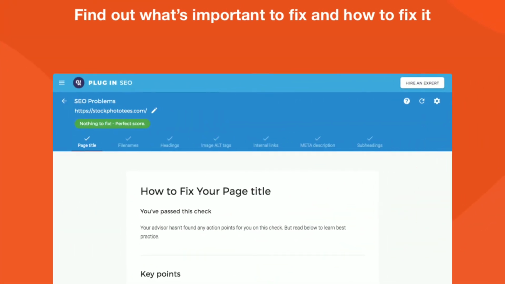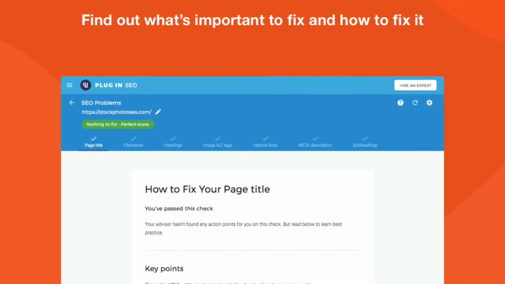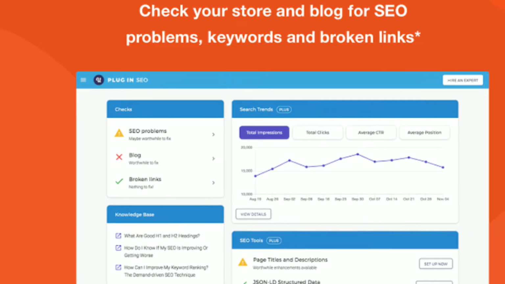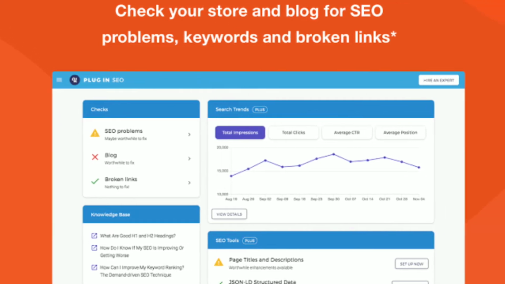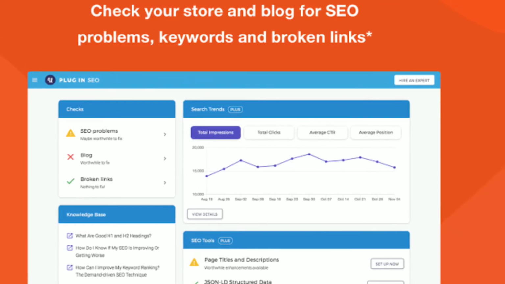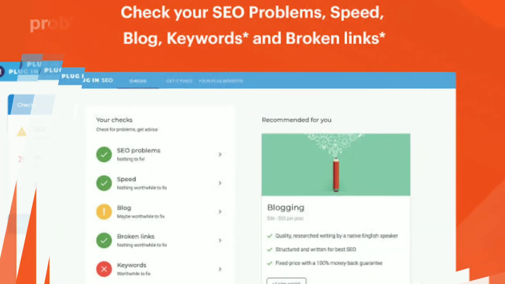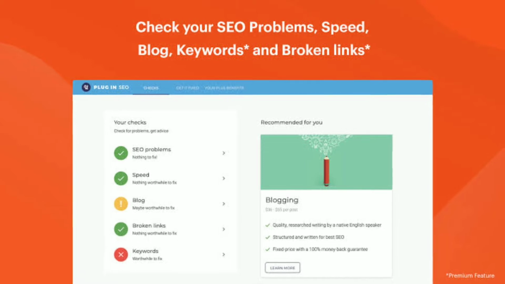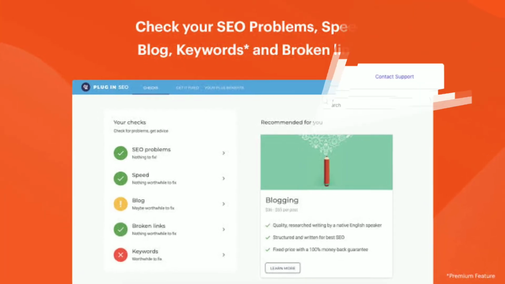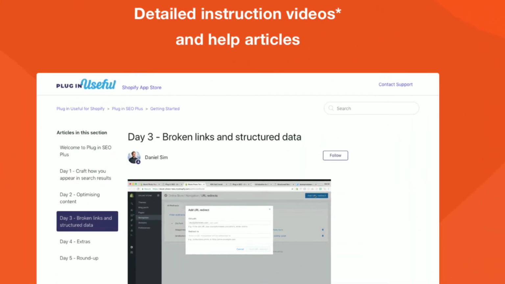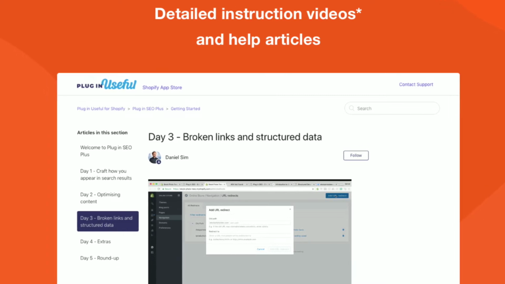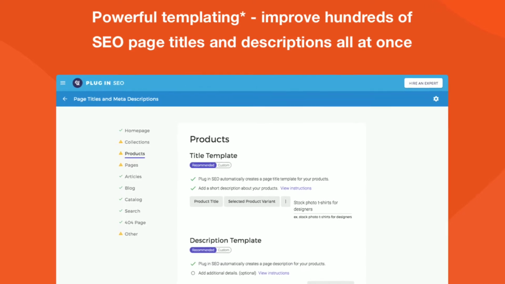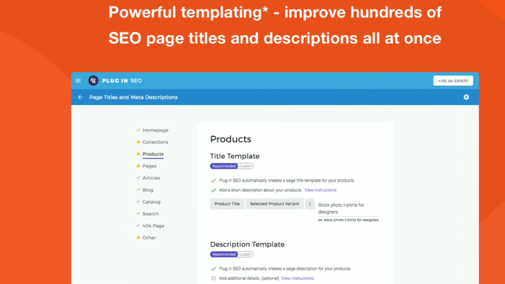Once installed, this application will automatically detect all the SEO aspects of your store, including keywords, speed, blog content, broken links, and other SEO problems. So you don't need to check pages individually. It is one of the best Shopify applications for search engine optimization. To talk about some features of it, it sends email alerts whenever there is an SEO problem in your site, gives free instructions, including code snippets for fixing the SEO, and also checks and improves SEO to gain organic traffic.